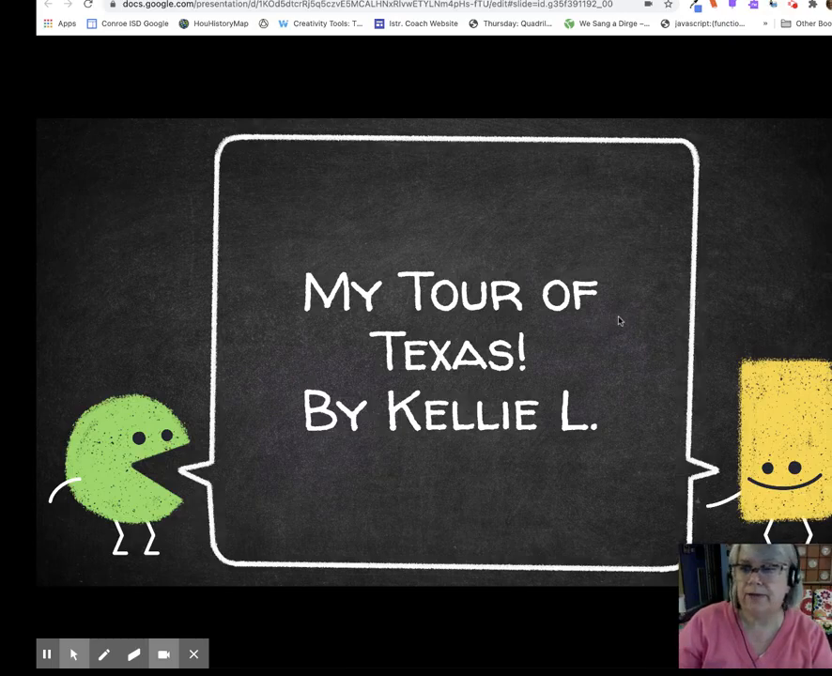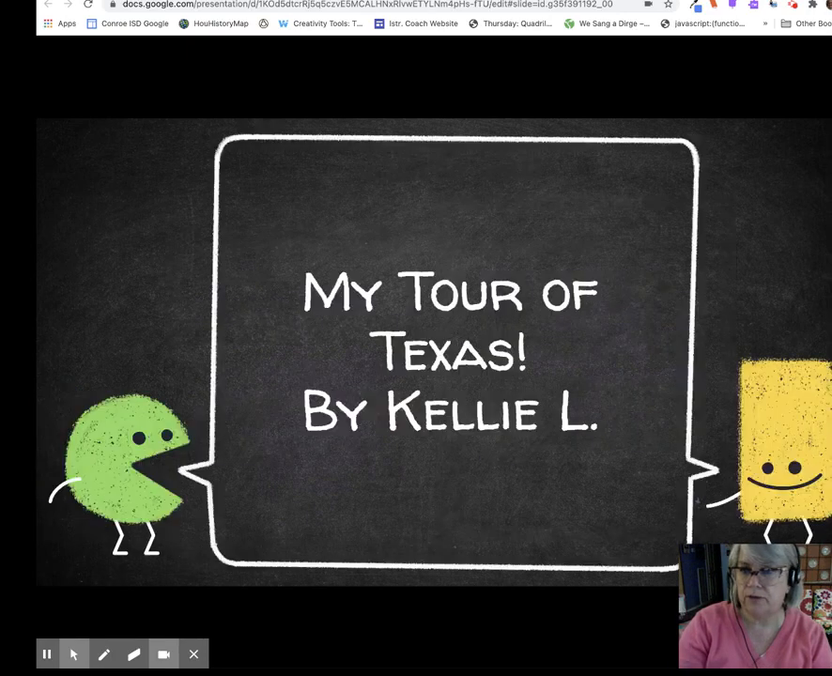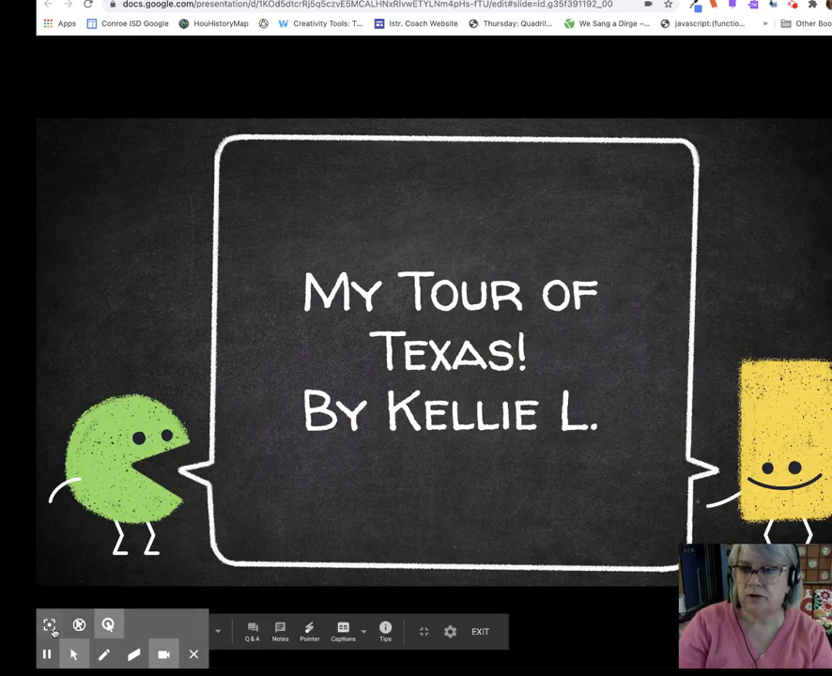Towards the bottom left side, and I don't know if you're noticing, but I can move forward. I could also move back if I wanted to in my presentation. In the bottom left corner, these are the tools for your Screencastify. These are the tools for your presentation. I'm going to focus right now on the tools for my